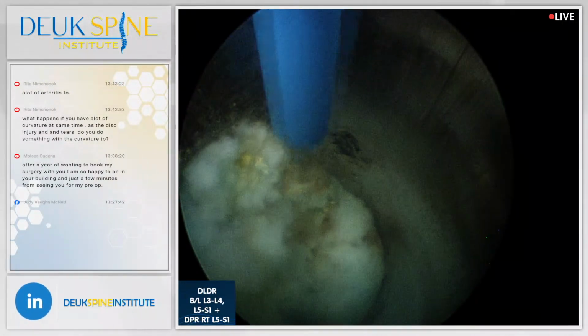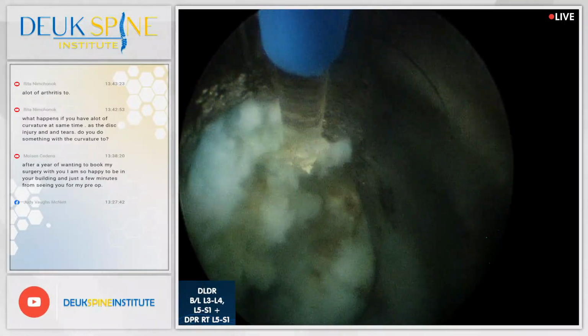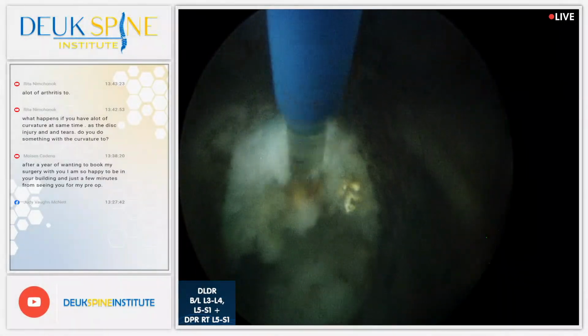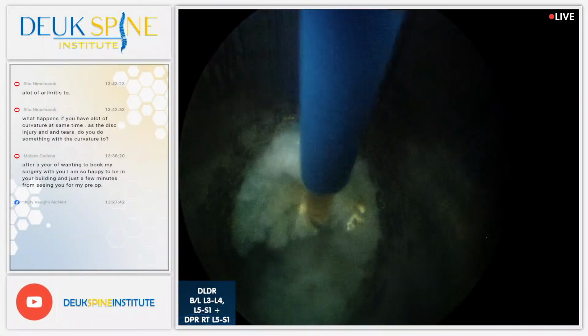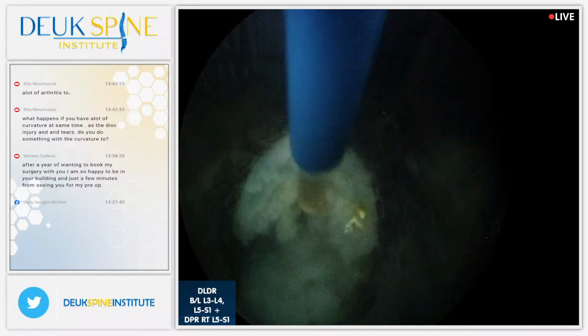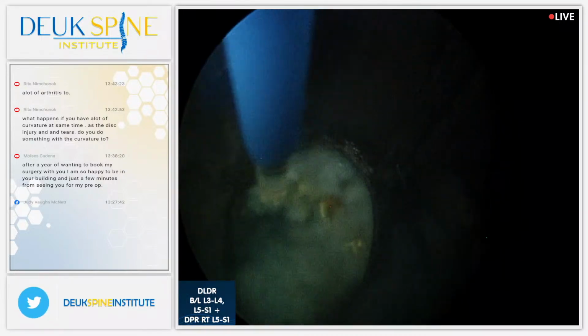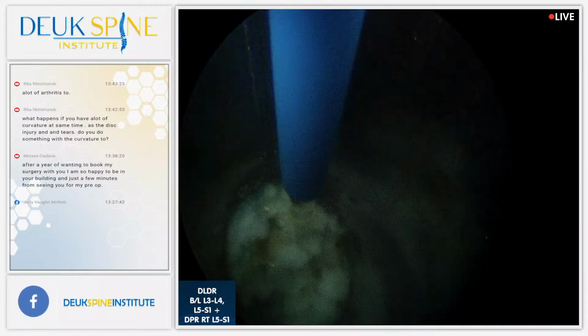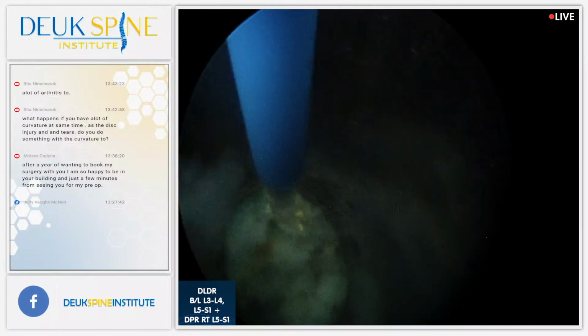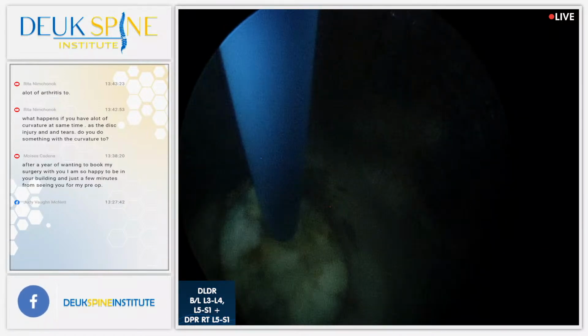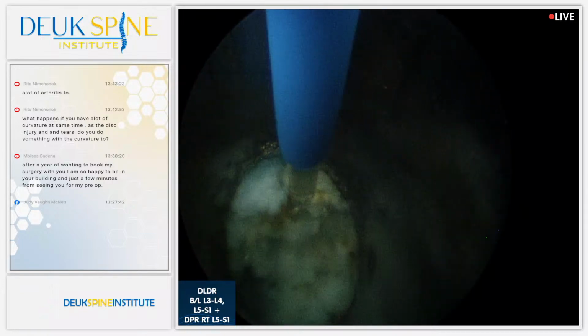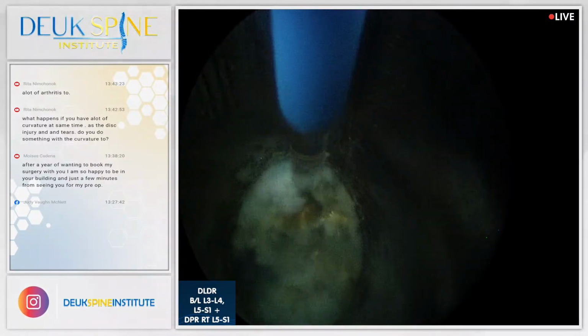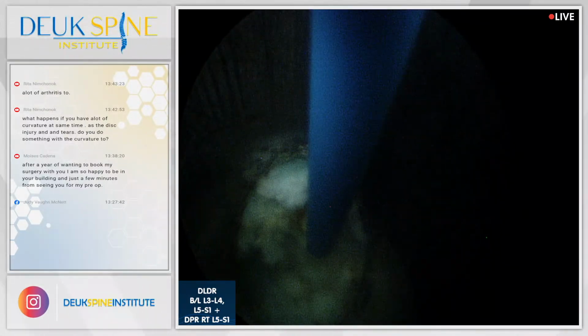Okay, so it's a defense system. The inflammatory system is a defense system, but it's a very old defense system. It's one of the oldest defense systems we have, and it's not discriminatory enough, and it actually sometimes attacks its own people or its own body. So what happens is the nucleus here, these little pieces I'm working on right now, they're normally